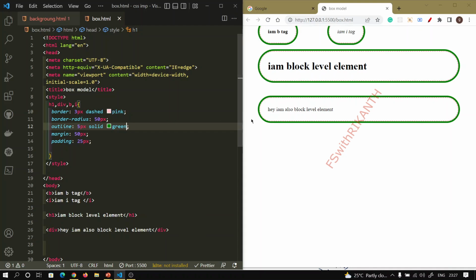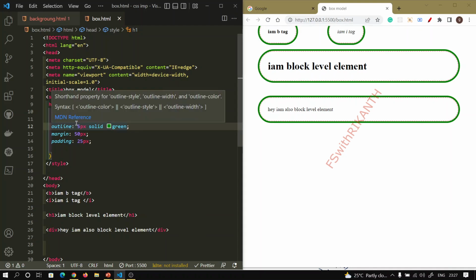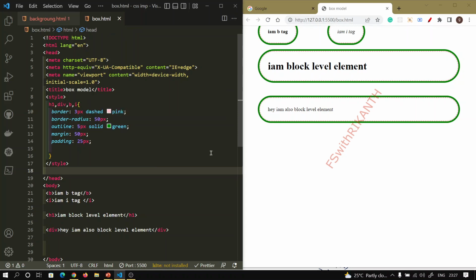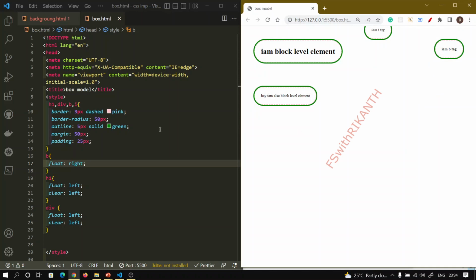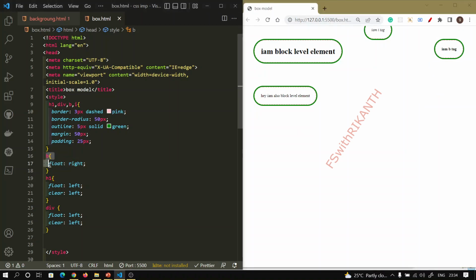Then you observe that border radius also affects the outline, right? So border radius is not only for the border, the outline will also be changed. The next one we want to focus on, and when you observe, I don't want to use this